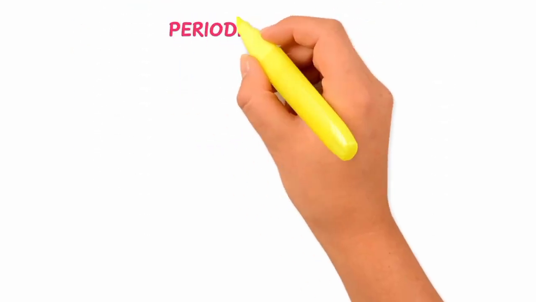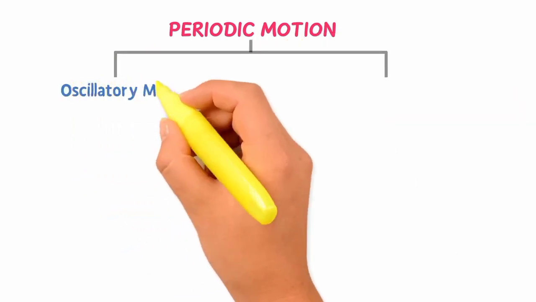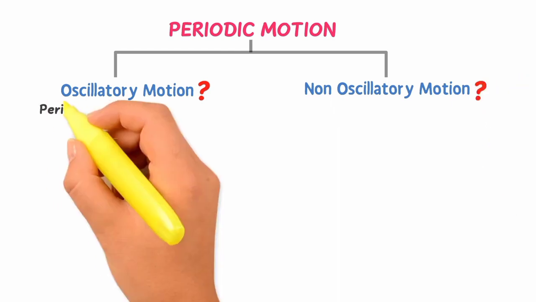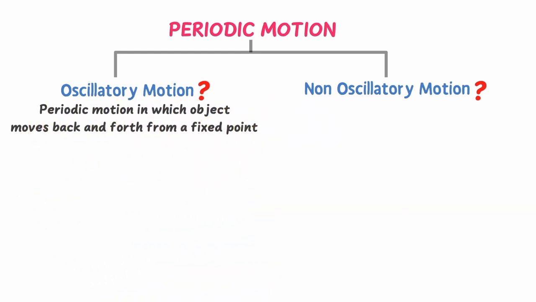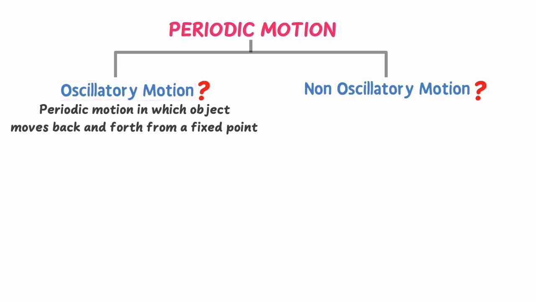Now let me teach you that periodic motion is further divided into two types of motion: oscillatory motion and non-oscillatory motion. Here, what is oscillatory motion and what is non-oscillatory motion? Well, periodic motion in which an object moves back and forth or up and down from a fixed point is called oscillatory motion. Or simply you can say that up and down or back and forth periodic motion is also called oscillatory motion. For example, the motion of a mass attached to an elastic spring,